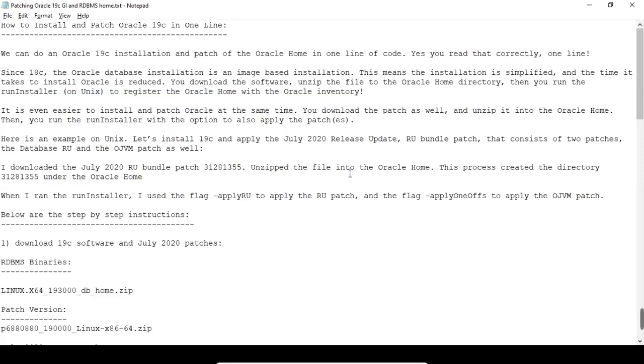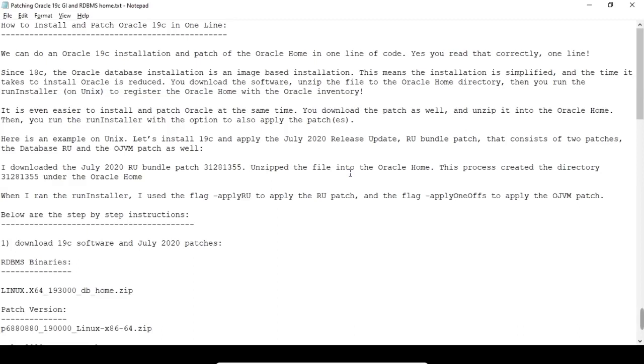It is even easier to install and patch Oracle at the same time. You download the patch as well and unzip it to the Oracle home location. Then you run runInstaller with the option to also apply the patches. Here is an example on Linux. Let's install 19c and apply the July 2020 release update RU bundle patch that consists of two patches, the database RU and the OJVM patch.